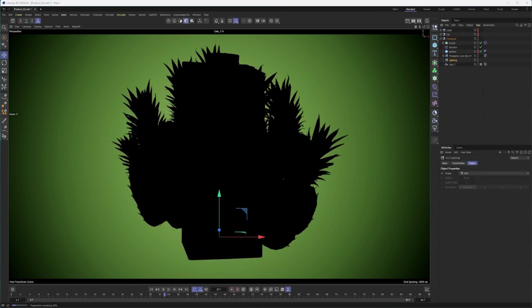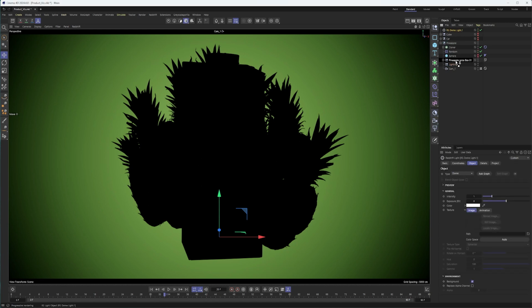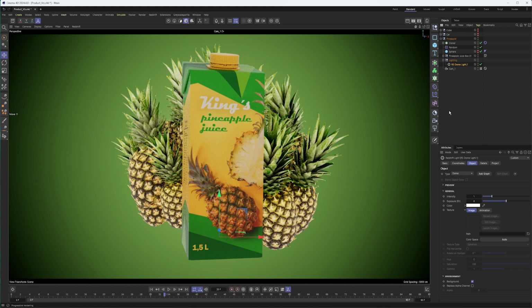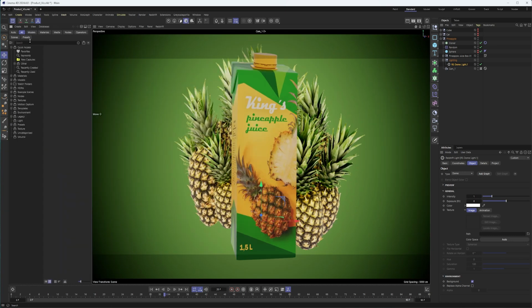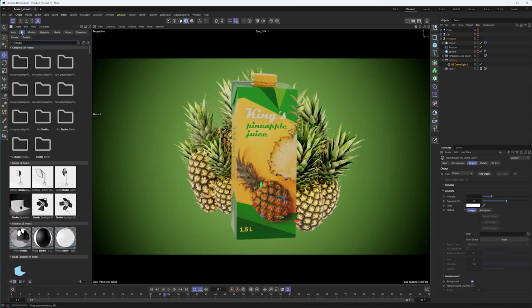Now, to end this, what I wanted to do is go through and light a simple product shot, give you an idea of how I would approach it so that you can do this in your own projects. I'm going to start by creating a dome light here, placing it inside of my null to stay organized. And honestly, with how we're going to be using this dome light, we probably don't need to load in an image. I think a simple color would work just fine, but I'll load in that Studio 21,